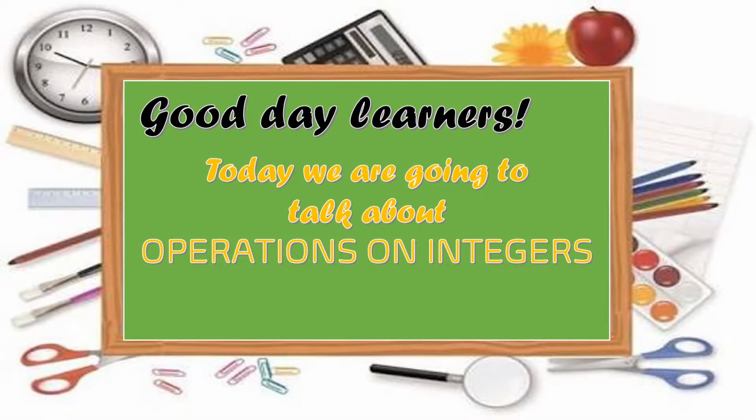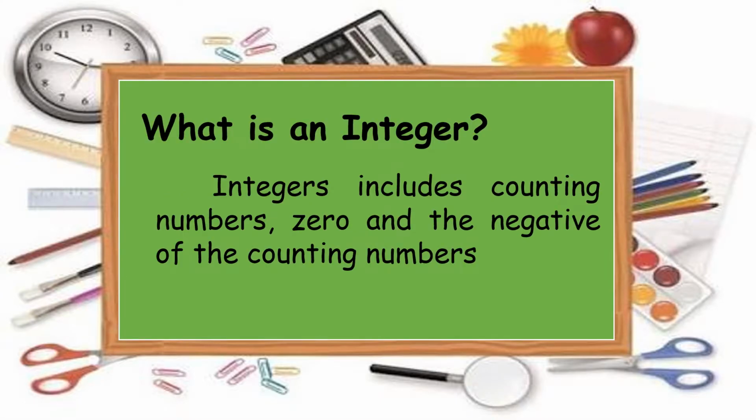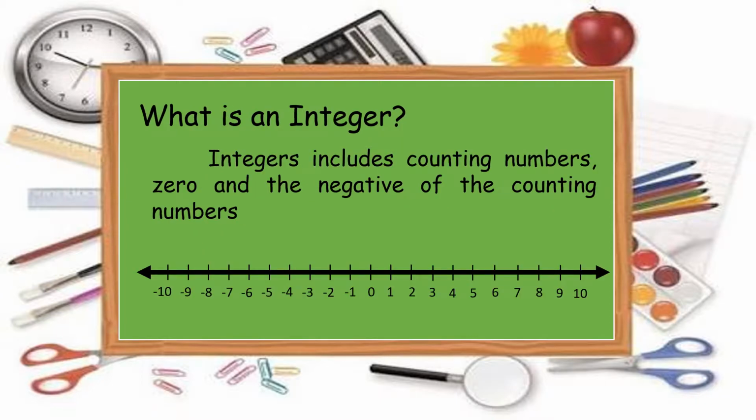Good day, learners! Today we're going to talk about operations on integers. So first, what is an integer? Integers include counting numbers, 0, and the negative of the counting numbers. It can be illustrated in a number line as, so again, ang integers binubuo ito ng